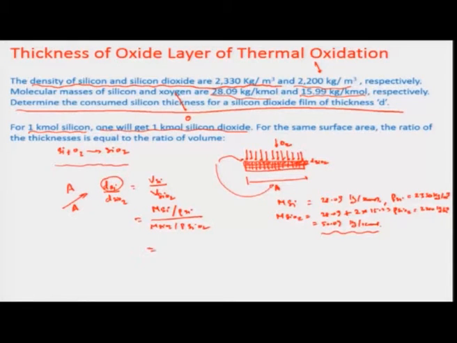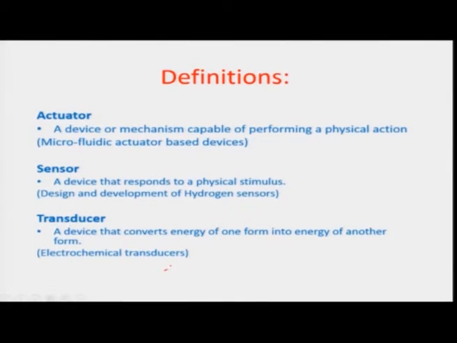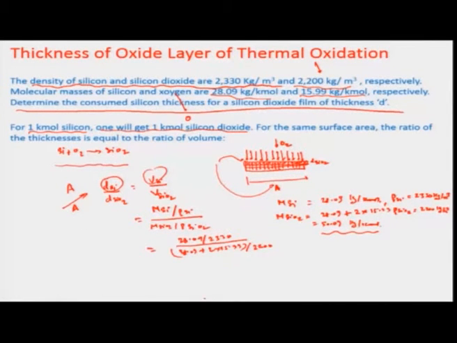So, having said that, the ratio of the silicon depth and the silicon dioxide depth is exactly equal to 28.09 by 2330 divided by 28.09 plus 2 into 15.99 divided by 2200. You know that mass per unit density is the volume. So, that is exactly the volume ratio, and this becomes equal to about 44%, meaning thereby that the amount of silicon that is really consumed is 44% of the SiO2 thickness which comes out, which is obvious because